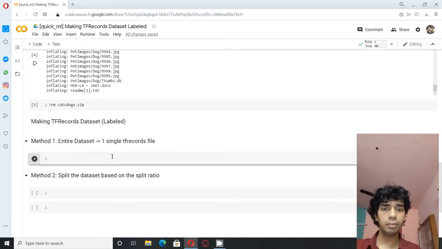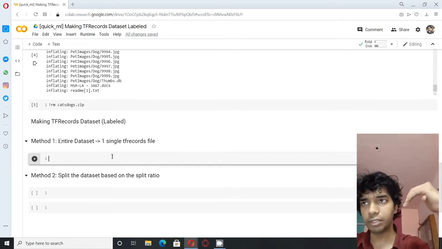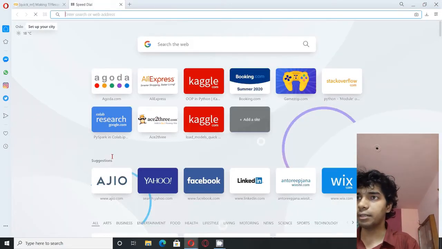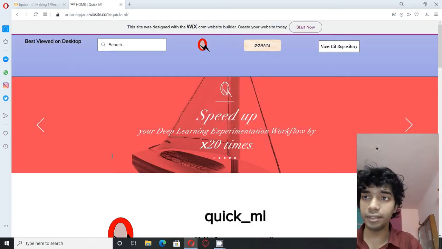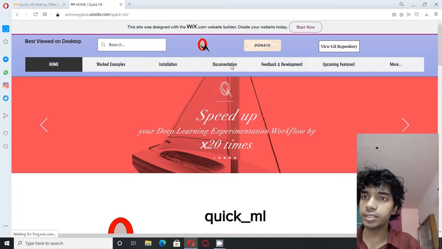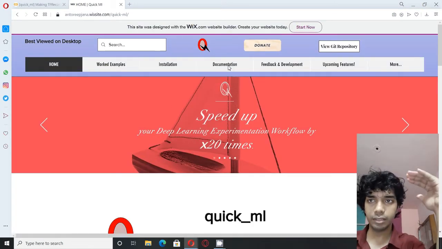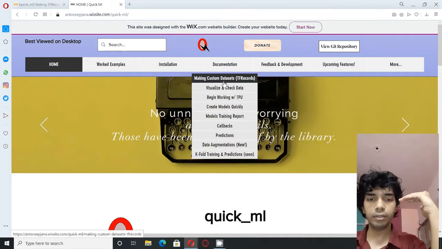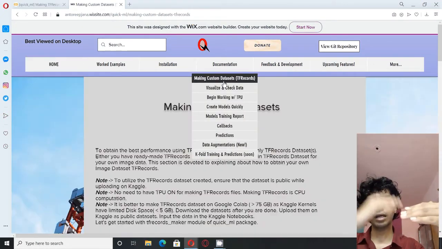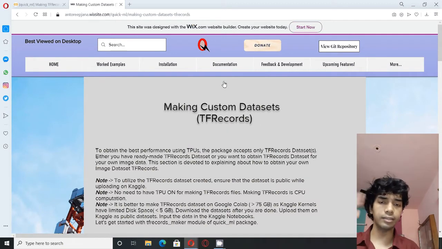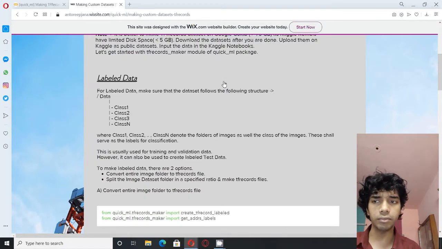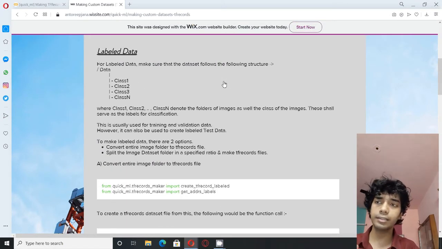Whatever you do, please ensure that your dataset follows the structure which has been mentioned on the site. The site mentions the structure quite clearly. The structure is your data followed by class 1, class 2, class 3, class 4 and n classes, depending on the number of classes you are working on. Under the classes there should be the image files in JPEG format.